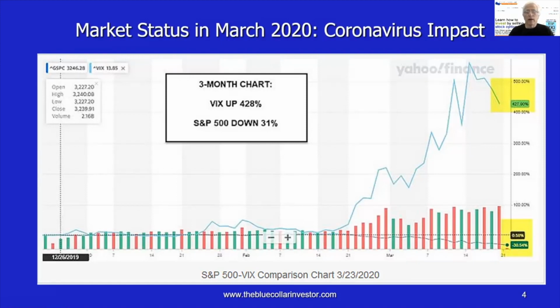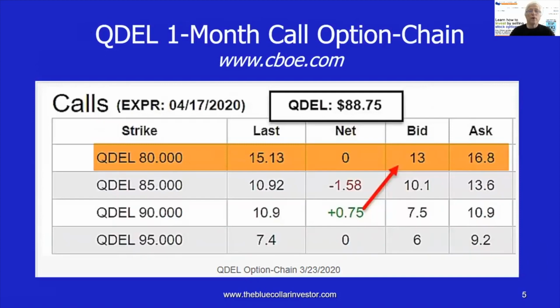So even though QDEL had a really pretty price chart, the overall market assessment was very, very bearish at that point in time. So if we were to look at an option chain for this security at that point in time, QDEL was trading at 88.75. We would probably favor an in-the-money strike to get the additional downside protection of the intrinsic value component of in-the-money strikes. So if we looked at the 80 strike, now QDEL's trading at 88.75, so it's $8.75 in the money, you would see a bid price of $13 per share,